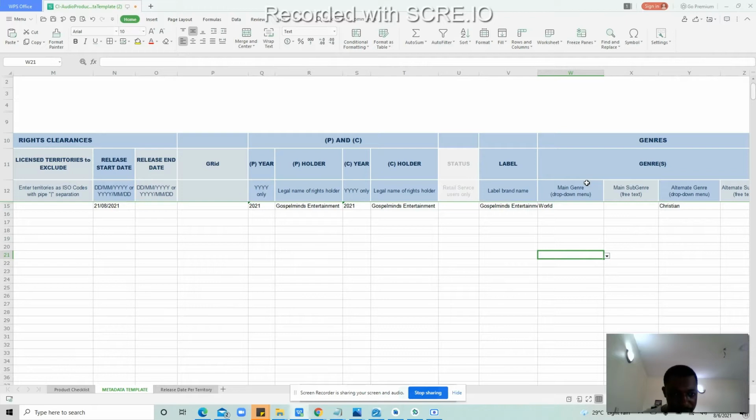Main genre. Okay, so the genre of the music here. Let's look and see if we'll find gospel or whatever. Inspirational. I'm seeing inspirational. Christian. Okay, there's Christian here, so we'll set Christian here. Subgenre, don't bother about that. Alternate genre, Christian. I'm not sure there's gospel, so